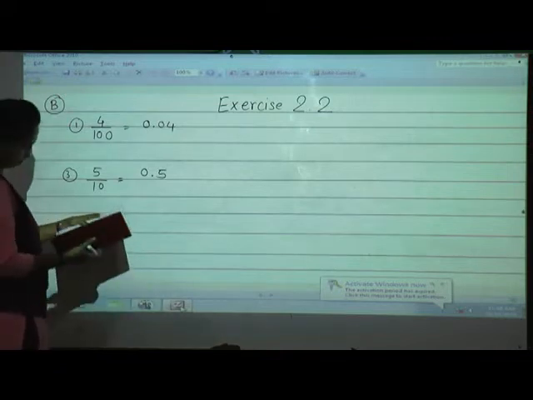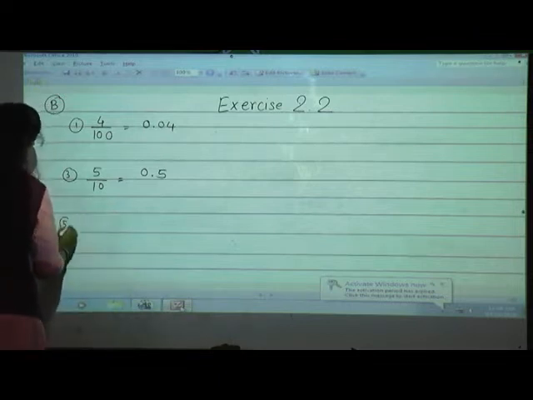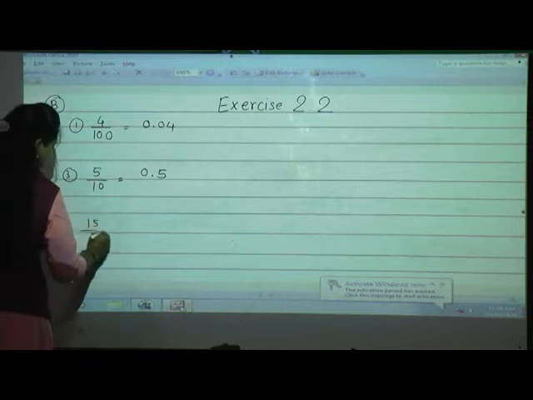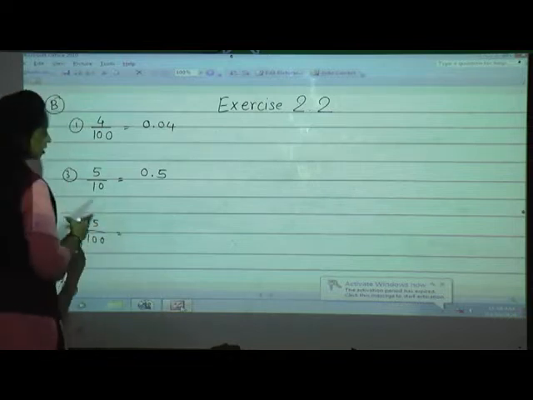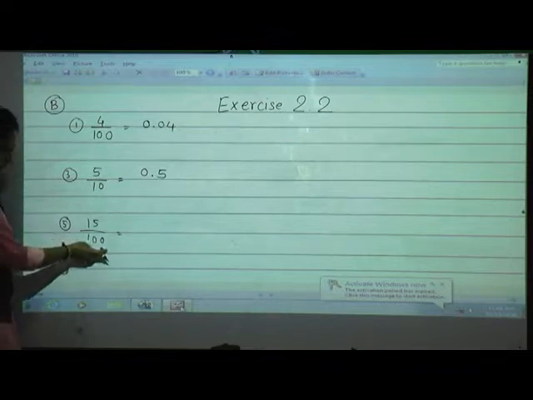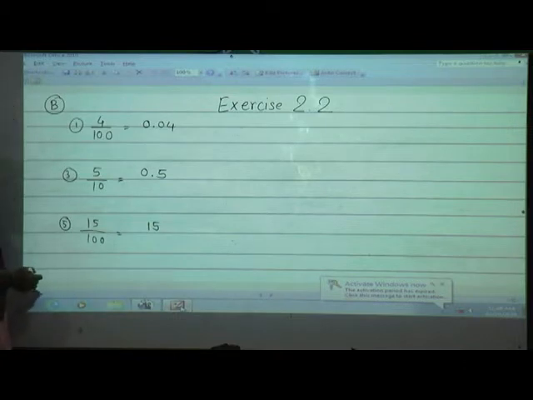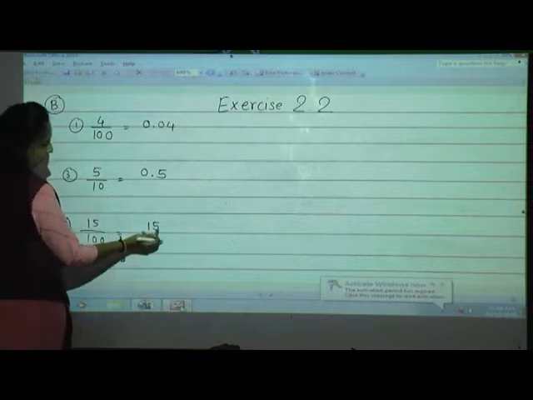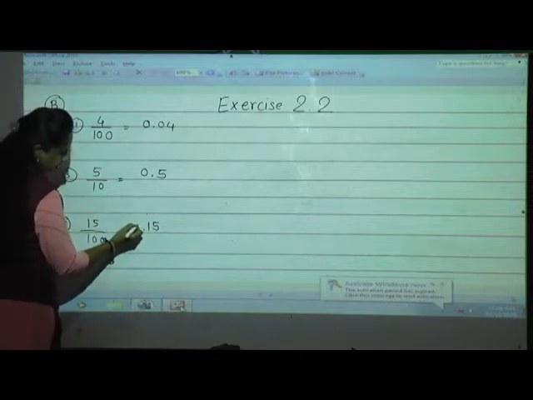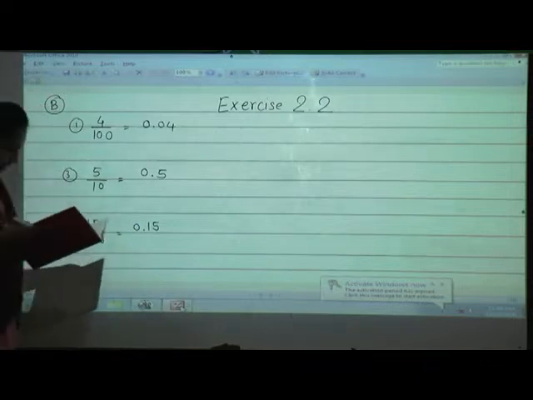Then next, now fifth one I will take. See the fifth one, 15 upon 100. So this is 15 hundredths. 100 means 1 is followed by 2 zeros, so write first 15 as it is, the numerator, then 2 zeros means after 2 digits give the decimal point, 1 and 2, then decimal point, then 0. Okay, clear? Yes. Now next.